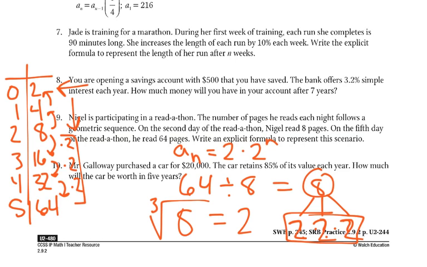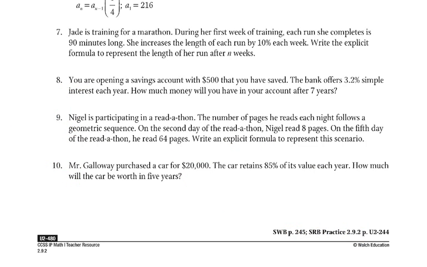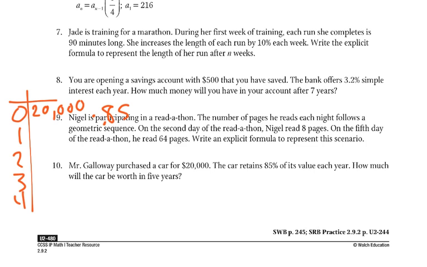Okay, last one, number 10. Mr. Galloway purchased a car for $20,000. The car retains 85% of its value each year. How much will the car be worth in 5 years? So we start out, that's how much he purchased it for. Each year, it's retaining 85%, so it's like we times by 0.85. So we can do it this way, right? Where we would just take